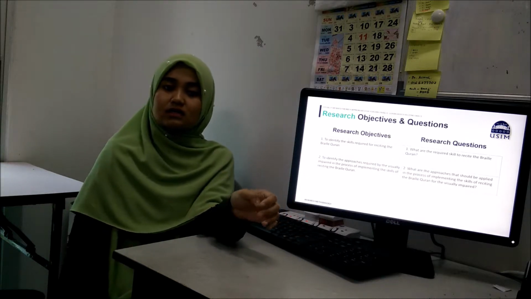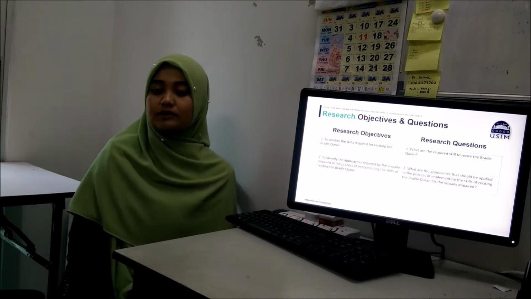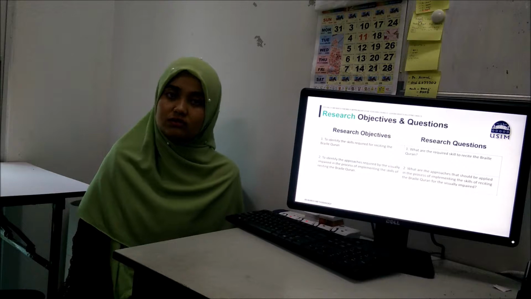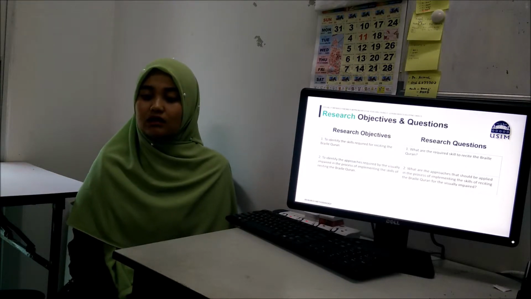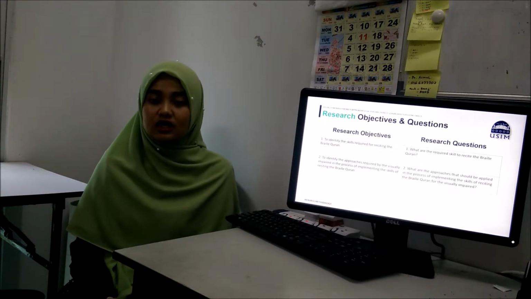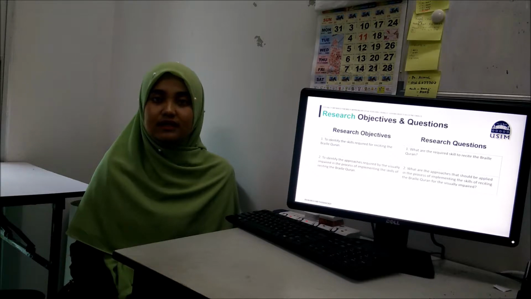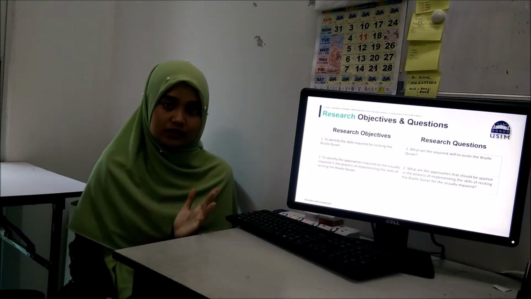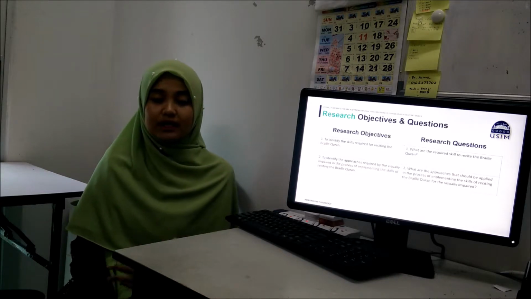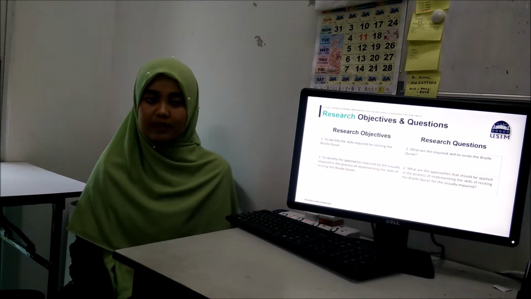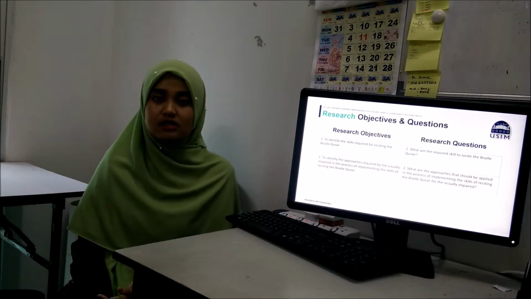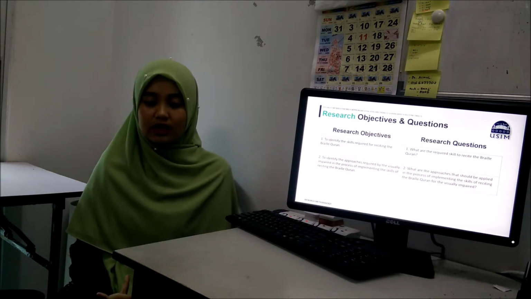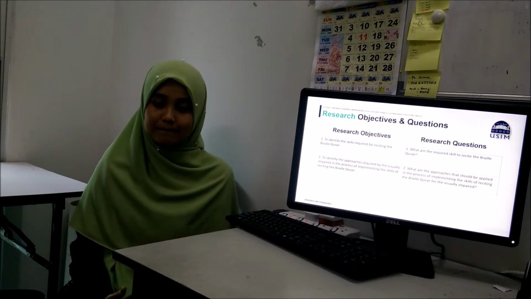Okay, as for the research objective and the research question, I start with research question first. Firstly, what are the required skills to recite the Braille Quran? Second, what are the approaches that should be applied in the process of implementing the skills of reciting the Braille Quran for the visually impaired?